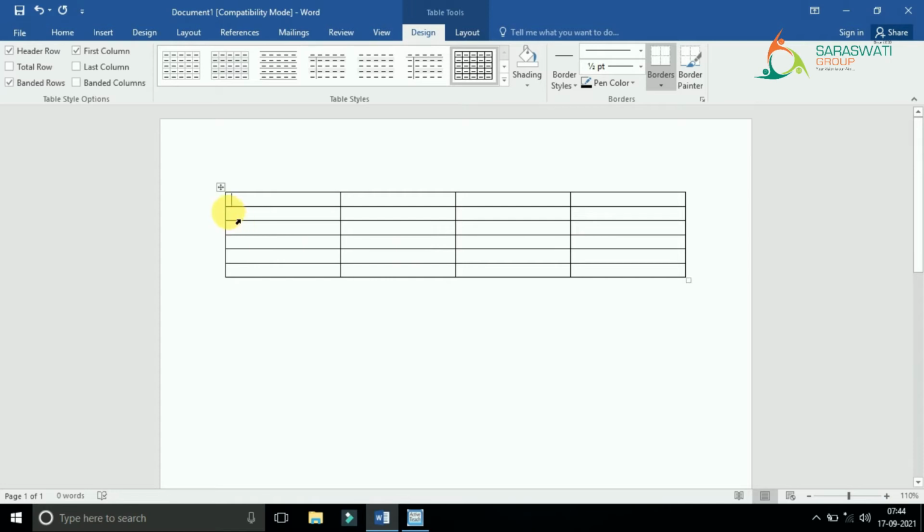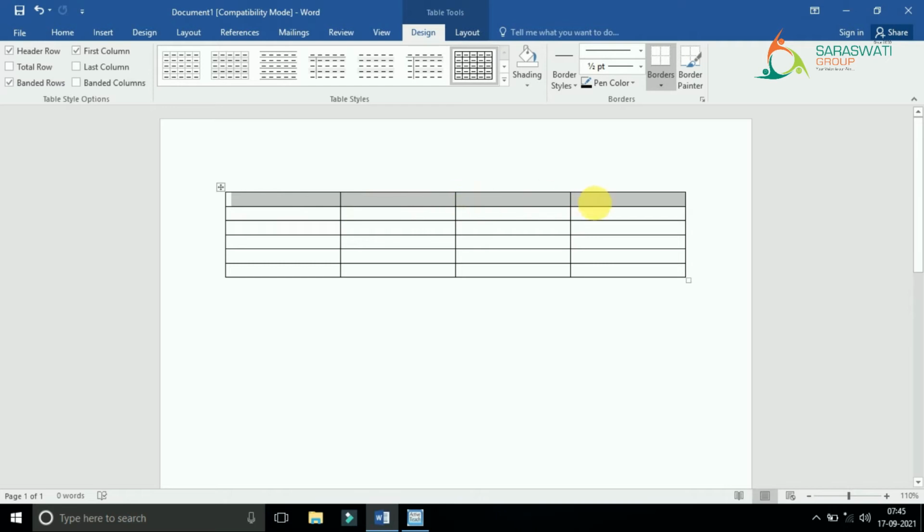Now see, this horizontal line is known as a row, and this vertical line is known as a column. Can you tell me how many rows there are? Let's count.